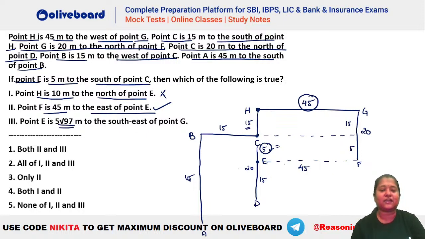ये तो चलो कैलकुलेट कर लेंगे कि E is 5 √97 south west of G. ये देखो यहाँ पर ये कैलकुलेट करने हम बैठ जाएंगे, हमारा आ भी जाएगा 5 √97. कैलकुलेशंस कर लिए, बट साउथ ईस्ट डायरेक्टली दिख रहा है कि this is not southeast, this is southwest. So E has to be southwest of G. So that is why this is going to be wrong. So the answer to this question has to be only 2. ठीक है, आंसर क्या आएगा, only 2 follows.